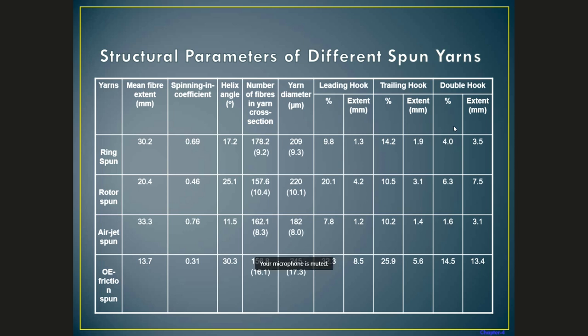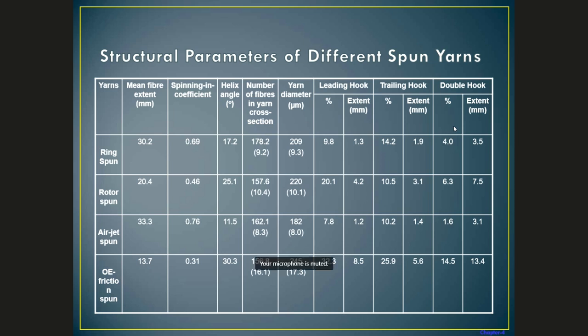So there you can say that the maximum packing, the least yarn diameter, you are getting in the case of air jet, and the explanation is that the parallel bundle of fibers is being wrapped by the wrapper fibers. So definitely the wrapper fibers will reduce this diameter, or increase the packing density, and that is the reason you are getting the lowest yarn diameter in comparison to others. So air jet, followed by ring, rotor, and draft.